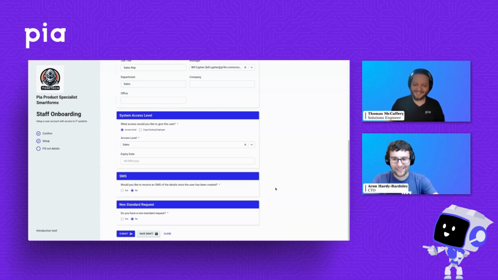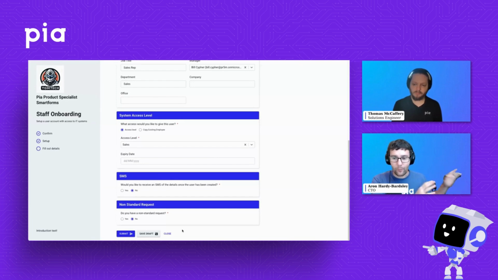Yeah, it's a great question. The answer is yes. You can absolutely add fields to the forms. There's a couple of ways we give people to do this. We have what's called extension automations, where, with Pia's pre-built automations, you can actually add extensions to those automations. And that includes SmartForms. So with SmartForms, you can create an extension with your own custom fields, and you can also create an extension to process that information and perform your own actions as well. So while Pia's automation for the user onboarding does all the bits and pieces that it's pre-built to do, that might be 80% of what it needs to do for your particular client, you can create an extension that does that extra 20% for your client.